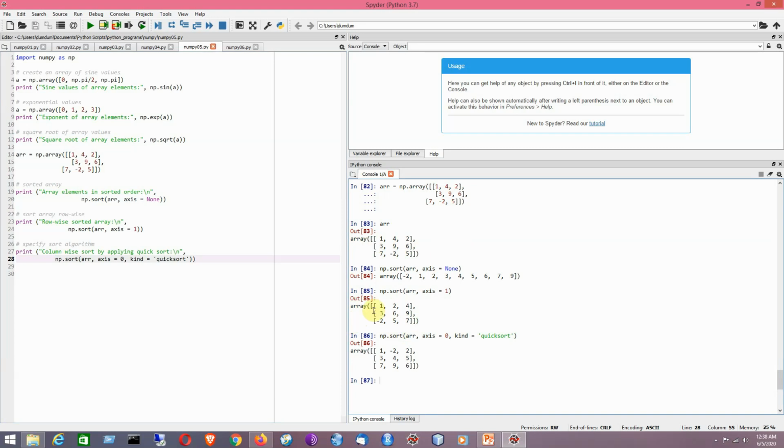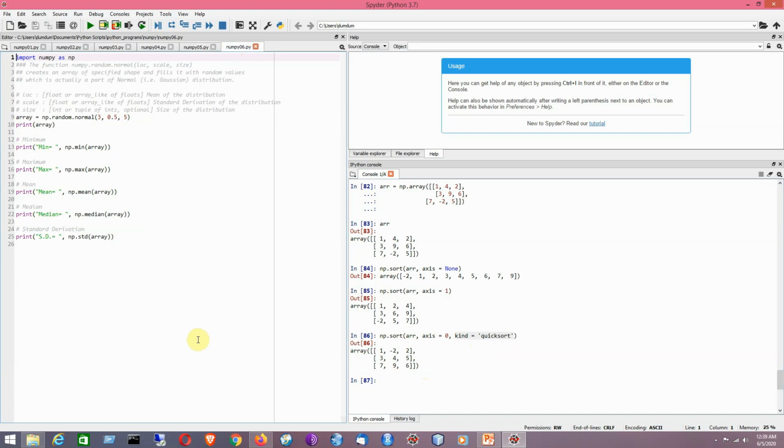For example, 1 3 7 is okay because it is already sorted. For the second column, 4 9 minus 2 will become minus 2 4 9. 2 6 5 will become 2 5 6. So here it is axis 0. Axis 0 means column. And here you can also specify which kind of sorting technique is being applied, and that happens to be quick sort here. It is the last example.